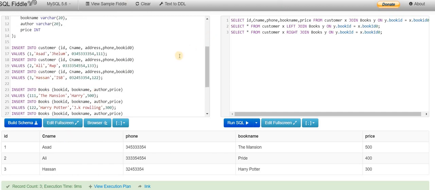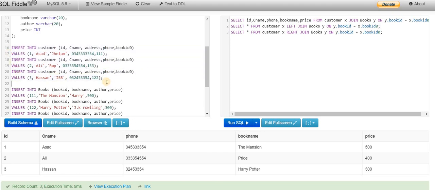means that the left table is customers. This is the left join. Our left join is complete. On left join we have book IDs that are matching both the foreign keys and primary keys of the tables. So in the left join we have a complete table.